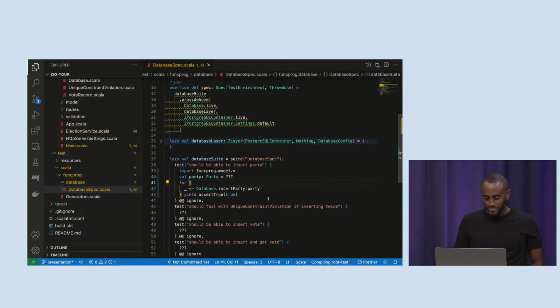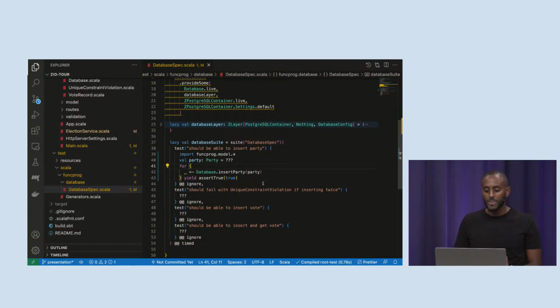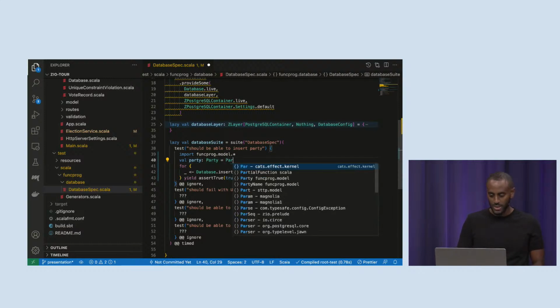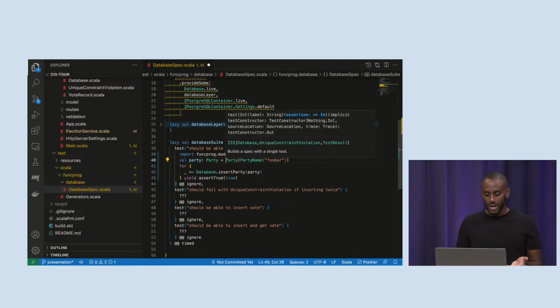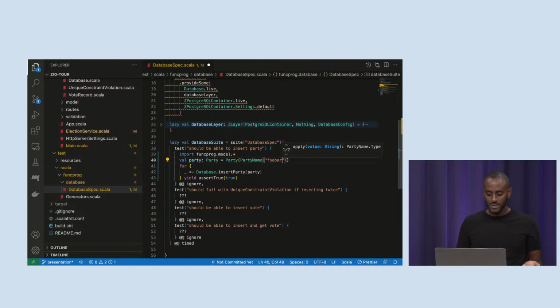Okay, so let's get back to property-based testing. What I could do is create a party here by myself. I could say party name, foobar here. But this would be very tedious. First of all, imagine that in our database, maybe I can only insert parties with names of less than 10 characters, right? And if I did this, then the test would pass, but I would not know that I had a max limit for more than 10 characters. Maybe my database doesn't support all characters.